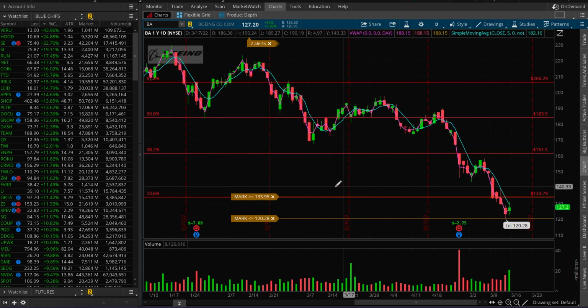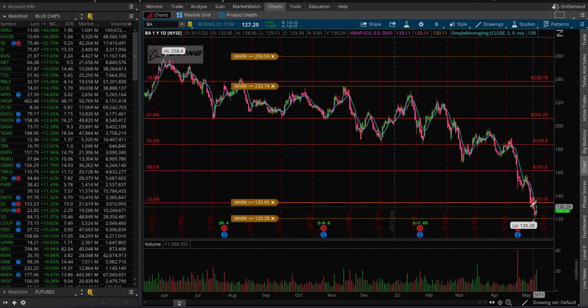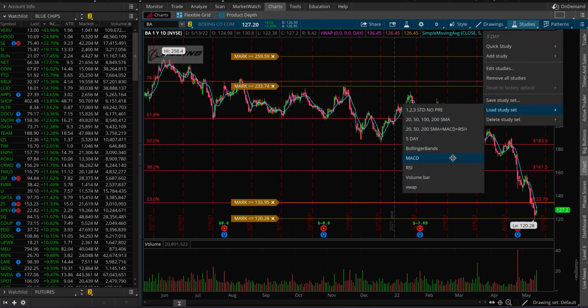So basically people were selling the rips every time. There are more red days for the past 4 months than green days. So that's why I will be watching the 5-day moving average. Usually that's what I do watch when I day trade or when I'm swing trading for a short period of time. So that's what I'm watching. And also I am watching the volume